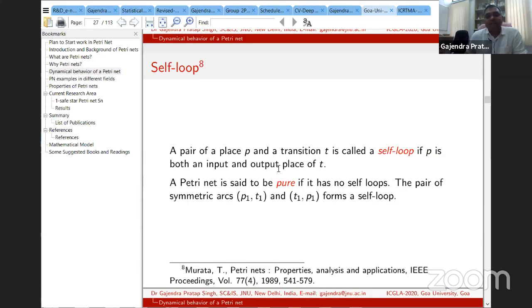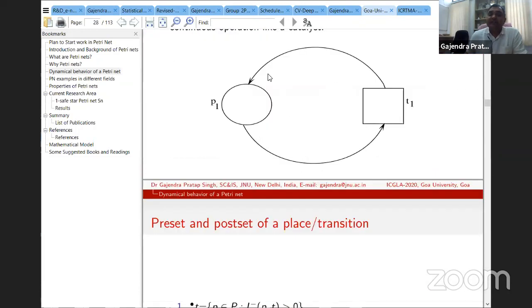Similarly, just like a diagram, we have a self loop concept here. A pair of a place P and a transition T is called a self loop if P is both input and output, for example like this. This is a self loop. A self loop is generally used for modeling chemical equations whenever we have a catalyst. As we know, the property of a catalyst is that it is never destroyed or created. That means if we have one token here, by the firing rule the token always remains constant. It cannot be destroyed or created. That is why we can use the self loop concept when modeling that element in a chemical equation.